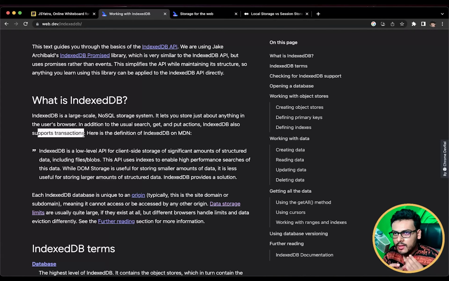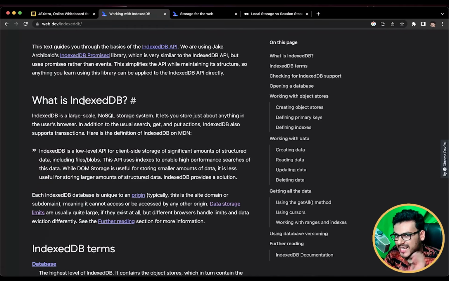If you have worked on Node.js and with MongoDB or other stuff, then there are transactions in the backend systems. A transaction is like, you are making a bulk update in a table, and you are creating a transaction for it. Let's suppose if one transaction fails, then the whole bulk update will get rolled back and nothing will be added. So a transaction is like a fallback safety, that if any error comes in inserting any one record, we will roll back everything. So this is a transaction.